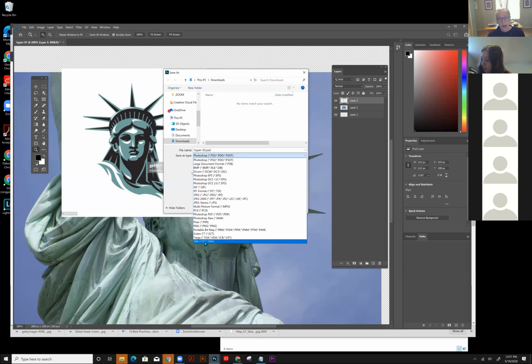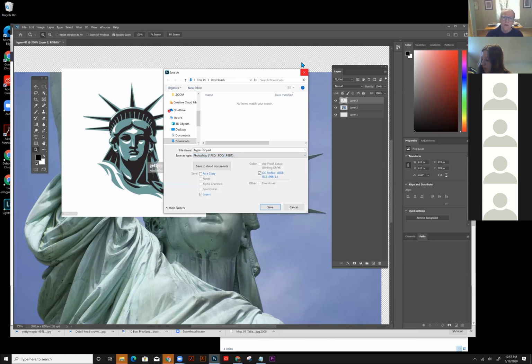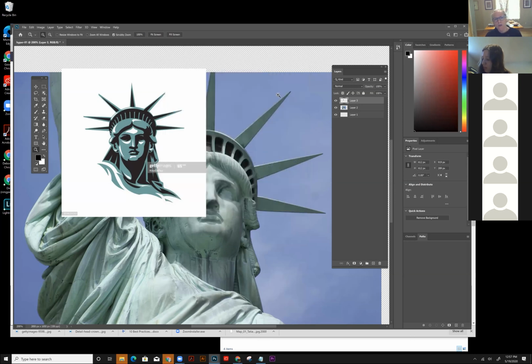Or they will ask for a JPEG. JPEG is universal. Any program can import it, so JPEG is often asked for. We'll talk more about these formats, but I just wanted to show you how you can begin to manipulate